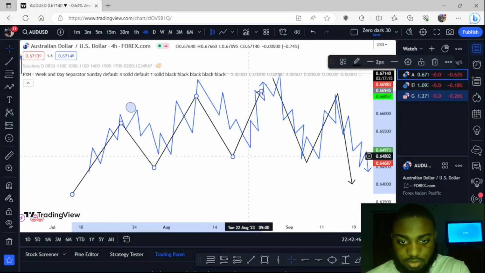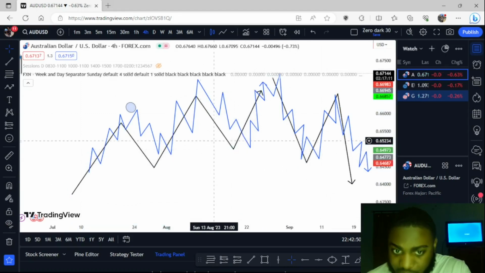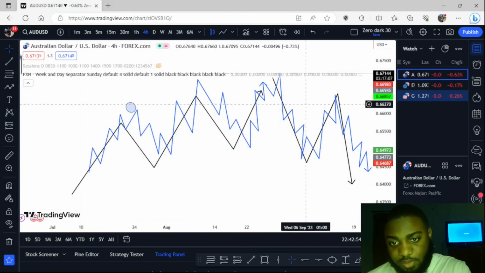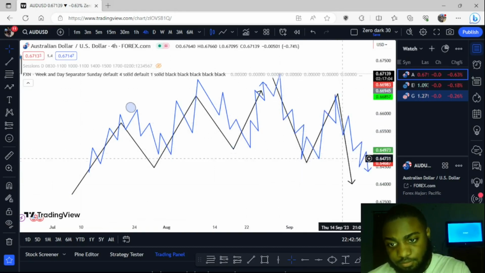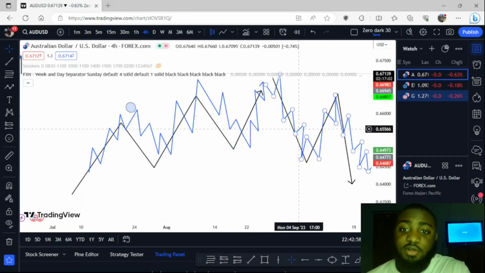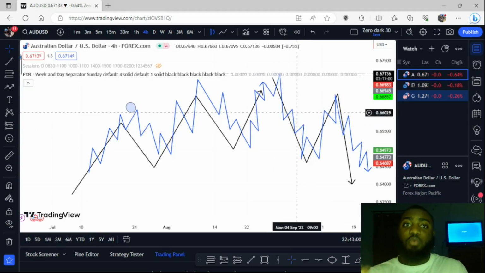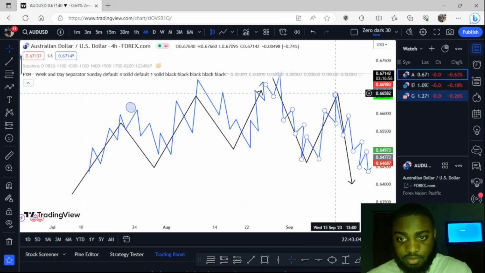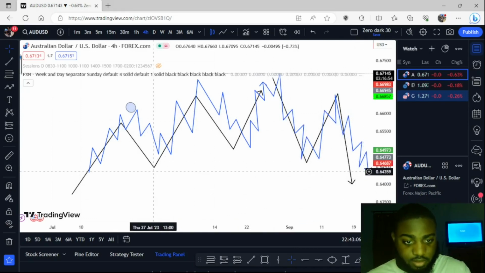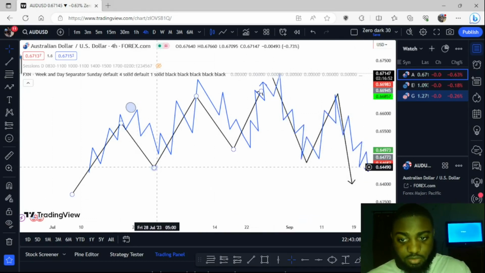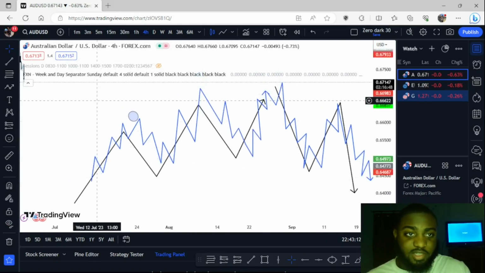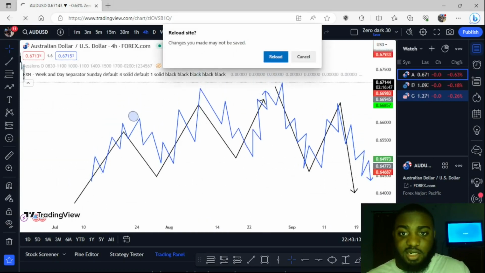So we took out this one. So then what? We took out this one. So then what? Now we expected to take out this one. So up, down, takes out some interior. Why? To refuel, like I was talking about earlier. Then what? Continues bearishly down, takes out this one, and then it's going to start taking out all the other previously protected highs and lows. And that's kind of how it works.